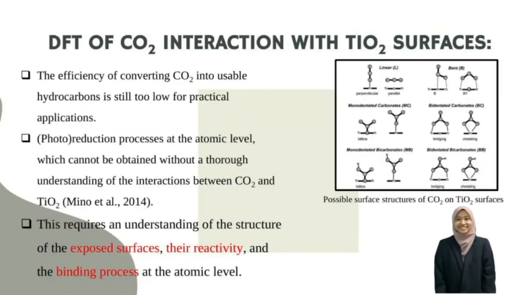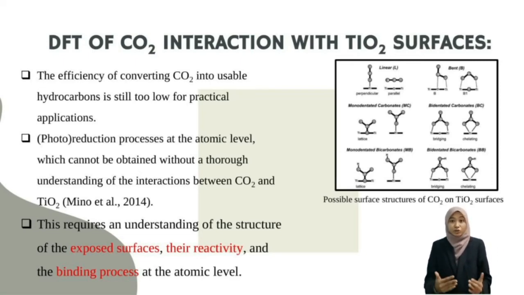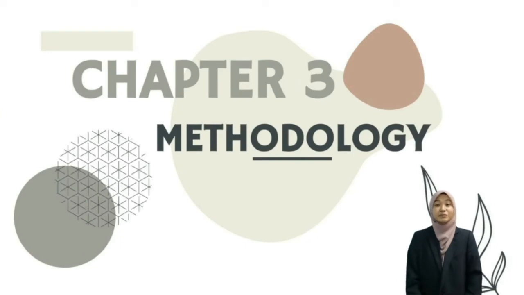of the rutile. Despite much research, the efficiency of converting CO2 into usable hydrocarbon is still too low for practical application. Further progress requires an understanding of the photoreduction processes at the atomic level, which cannot be obtained without a thorough understanding of the interaction between CO2 and TiO2. This requires an understanding of the structures of the exposed surface, their reactivity, and the binding process at the atomic level. Next, let's move to chapter 3,